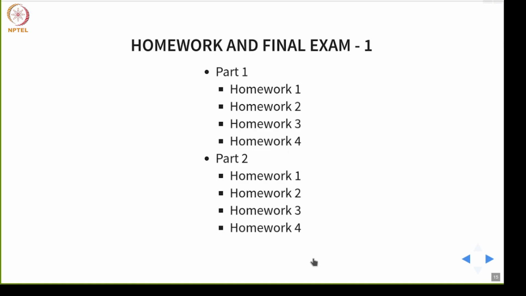It's going to be homeworks and a final exam. So that's going to be the broad two structures. So in part one, which is the first part that you saw in the introduction and the case studies, at the end of every session we will give you a homework. We hope that you will be able to answer each of these and help you retain some of the stuff that you've learned in the course.